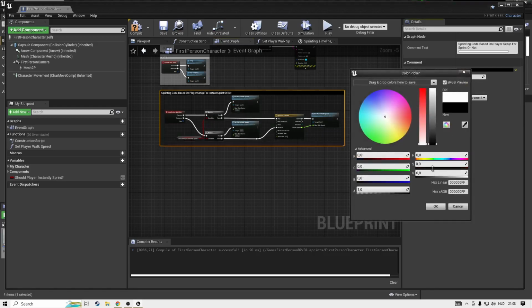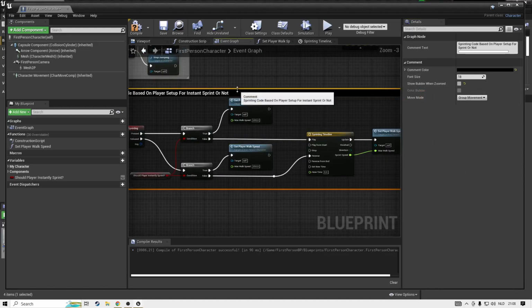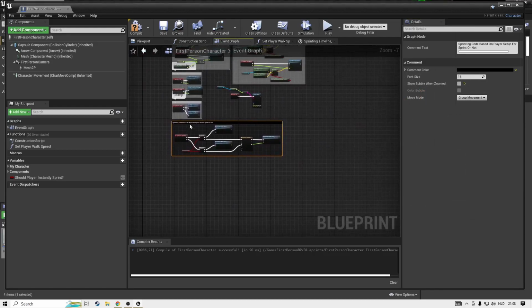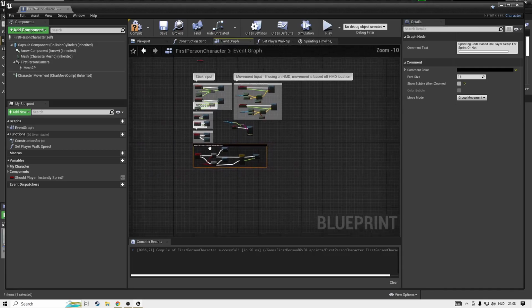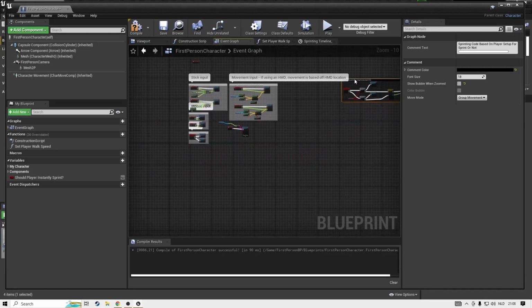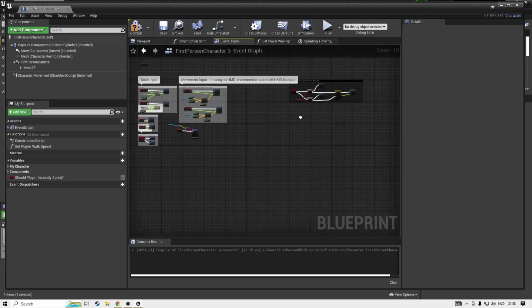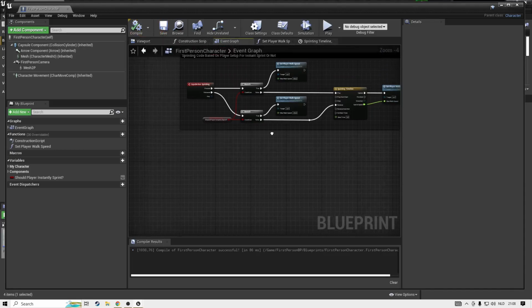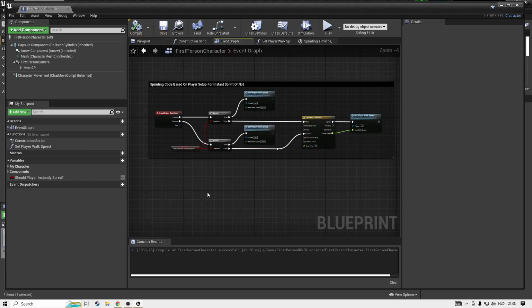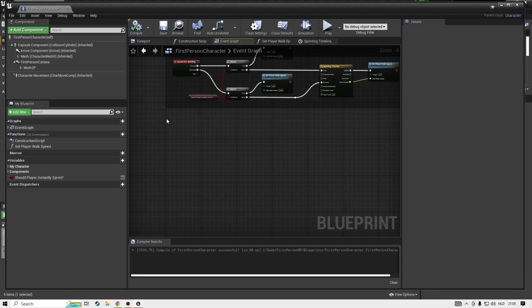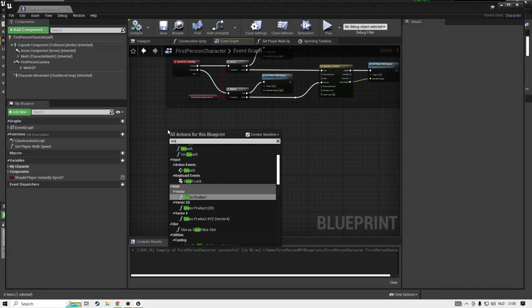There you go. I like black color as well, so I'm just gonna be making it black, and this is done. So I'm just gonna be dragging it up here for now. This is looking good, next thing is probably gonna be setting up crouching,